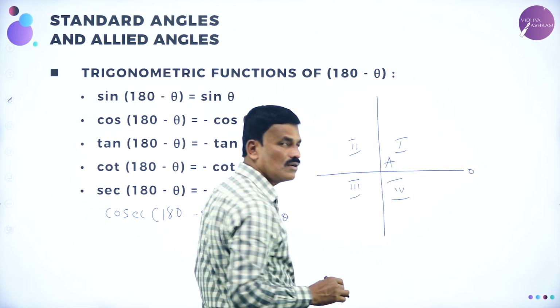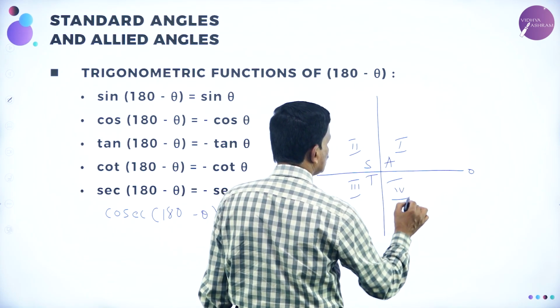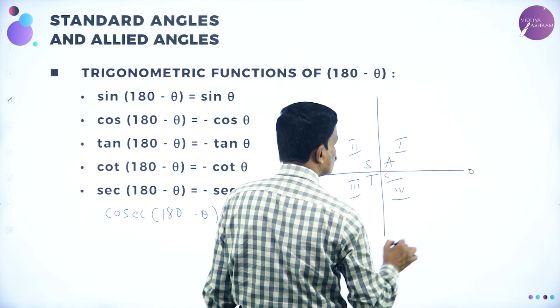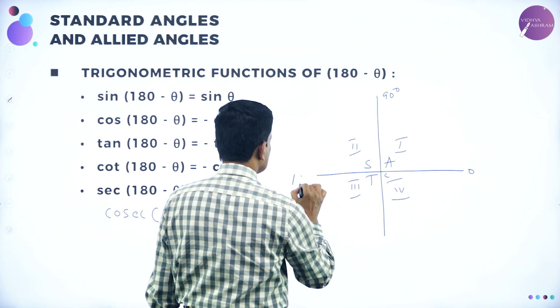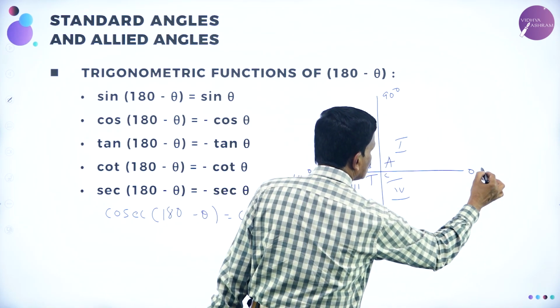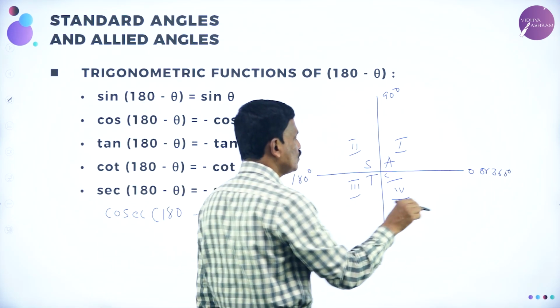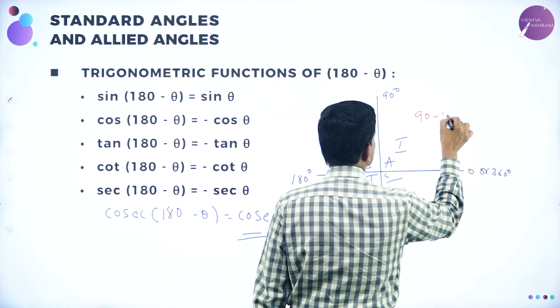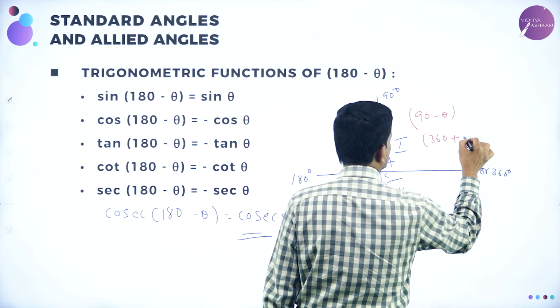In the first quadrant, all are positive. In the second quadrant, sin is positive. In the third quadrant, tan is positive. In the fourth quadrant, cos is positive. So, 0, 90 degrees, 180 degrees, 270 degrees, and 360 degrees. Now, 90 minus theta comes in the first quadrant, and similarly 360 plus theta comes